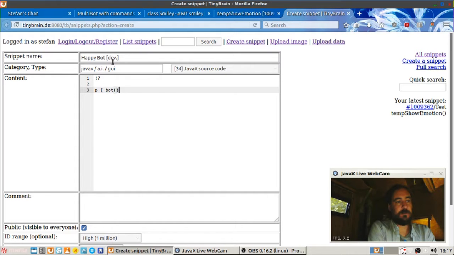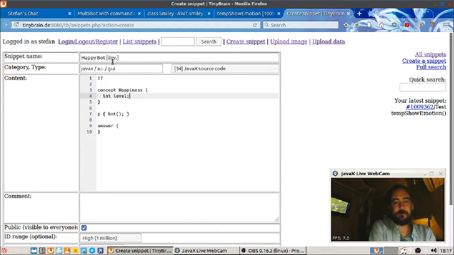This bot just calls one function which is called bot, which makes it possible to type on the command line, on the console, with the bot. And the bot has a concept of happiness. It's a happy bot. And precisely what it has is just a level of happiness. Here, no, this is just only 2 billion values. We want more, of course. These are 64-bit of happiness points.